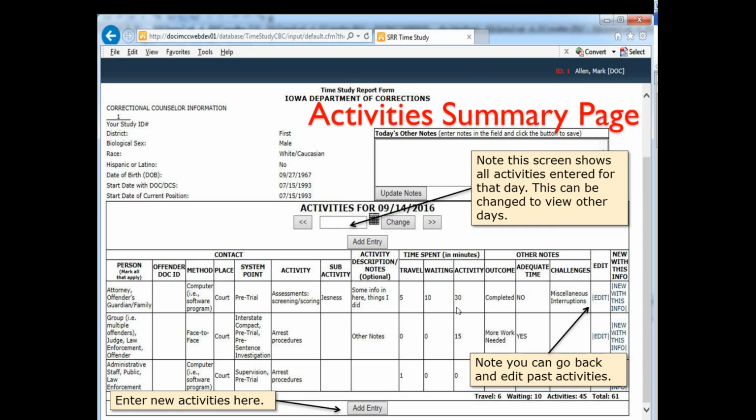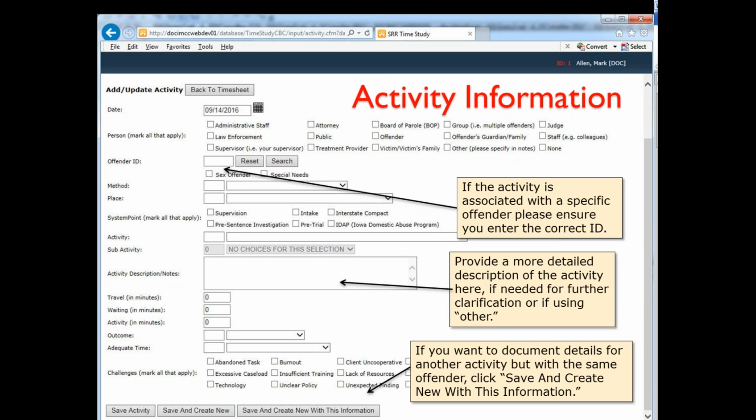Now, once you have proceeded from there, depending on the clip, you'll arrive at the activity information page. On this page, you'll be able to enter documentation for a completed activity. The first thing you'll do is select the date in which the activity occurred. That is, the date in which you actually completed the activity, not necessarily the date that you're actually documenting the